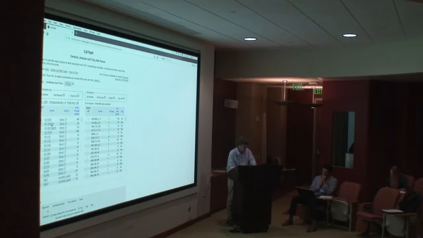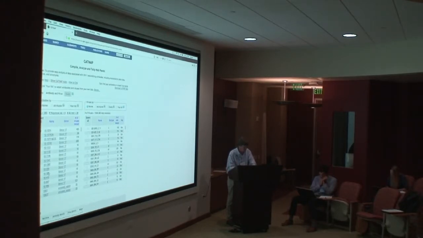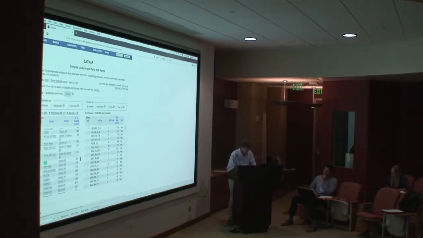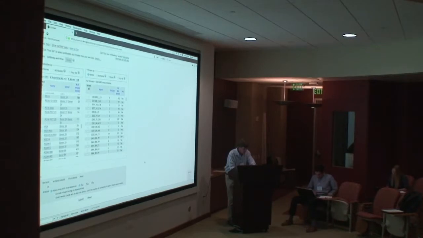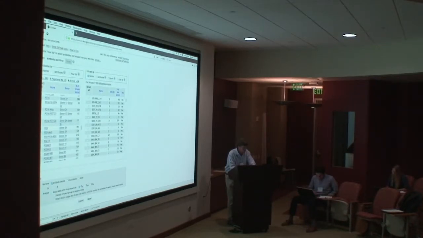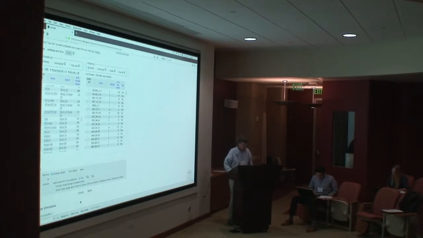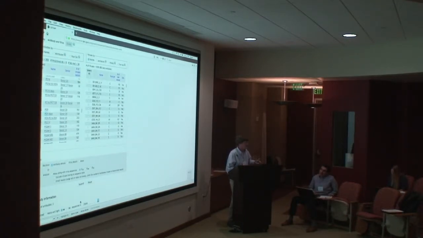I'm going to select a handful of antibodies, 10-1074, and I'll do 10E8, which you saw previously, and I'd like to do PG9 as well, but it's a pain to find it here, so I'm going to do a Command F to get down to where that is in this list. So I've selected some antibodies, and I can say, give me details about those antibodies. I click submit, and